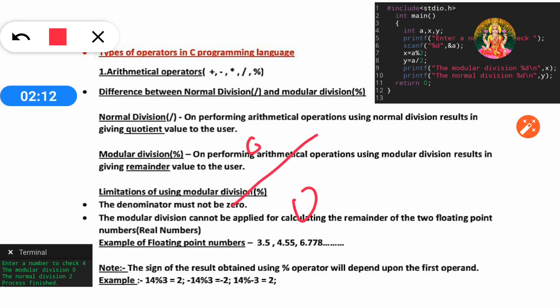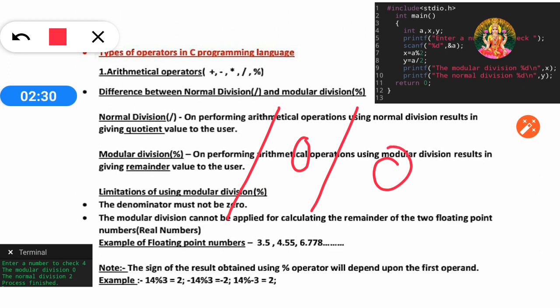This is the sign of division, as you know, in mathematics. But in C programming language, the sign of division is of two types. One is the normal division and the other is the modular division. Okay,